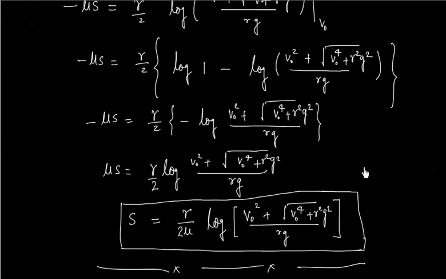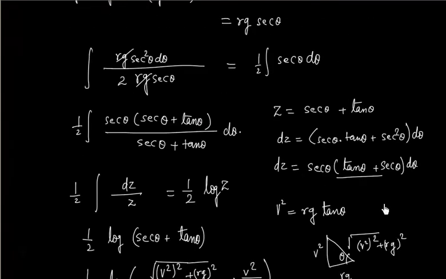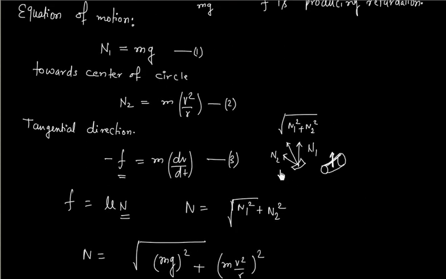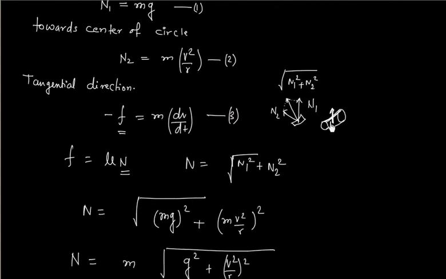In this problem only one part is important, that is the resultant normal reaction. On the caller there are two normal reactions acting. One normal reaction is towards the center, another normal reaction is in the vertical direction. So the resultant normal we will have something like this. If you see, the caller will basically touch along this line, the line along which the normal reaction passes. The rest of the problem is simply mathematics.